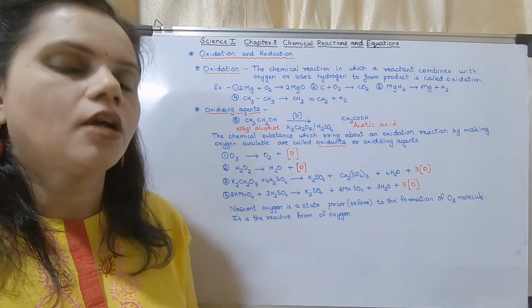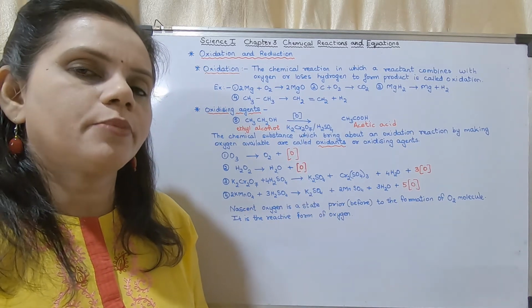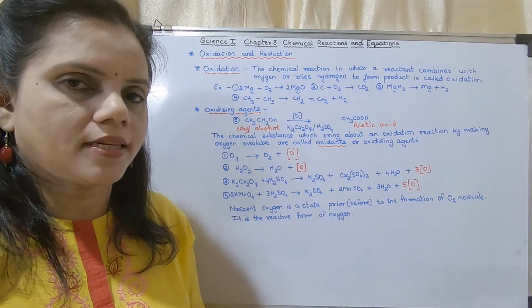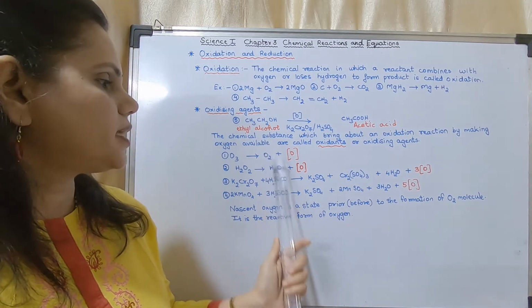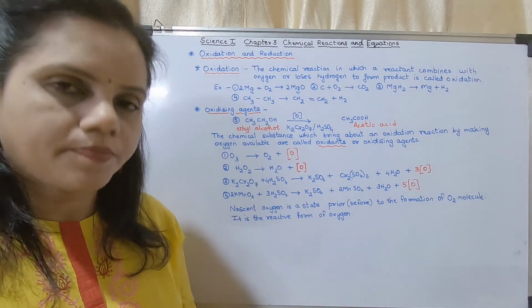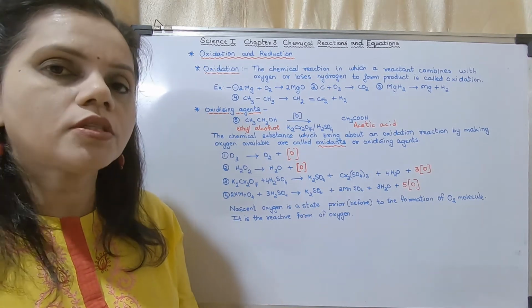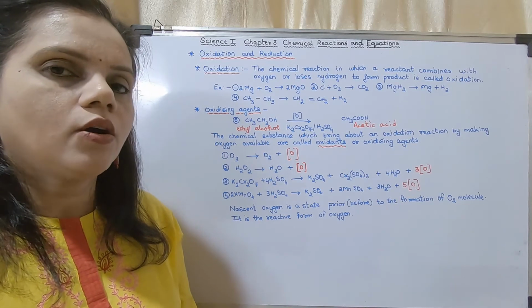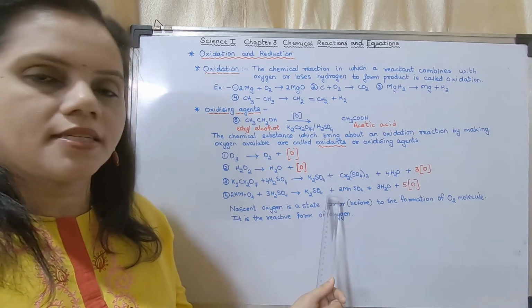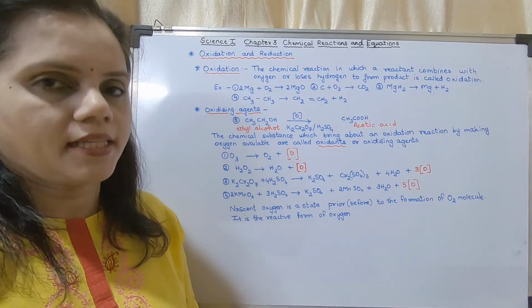Oxidation reaction. What is the oxidizing agent? Potassium dichromate in presence of sulfuric acid. Okay. Now, these are some of the oxidizing agents which are given in a box inside the textbook. You are supposed to learn the names of those oxidizing agents. Generally they don't ask the reactions, but they ask the name of oxidizing agents.